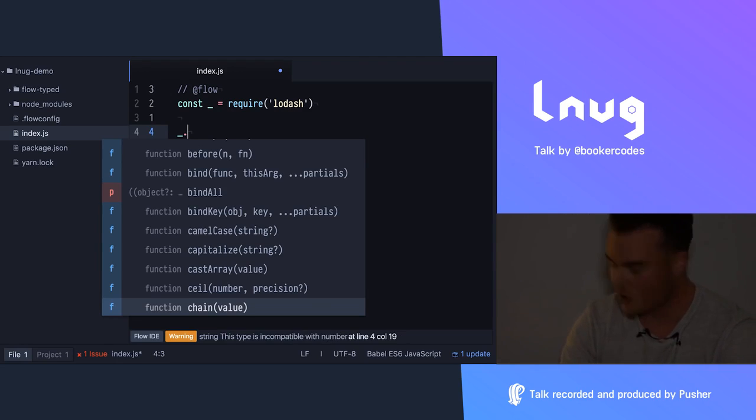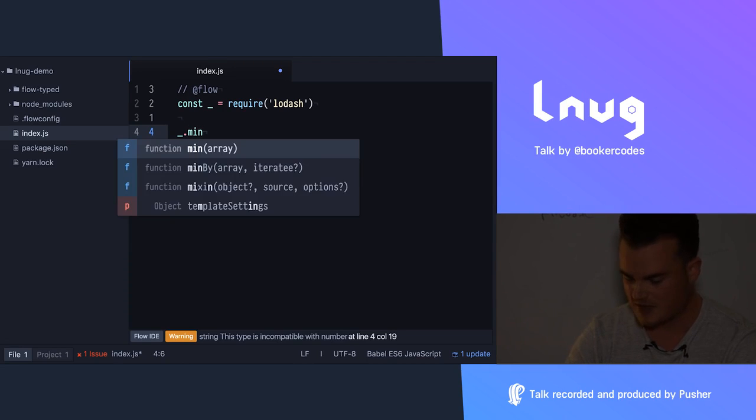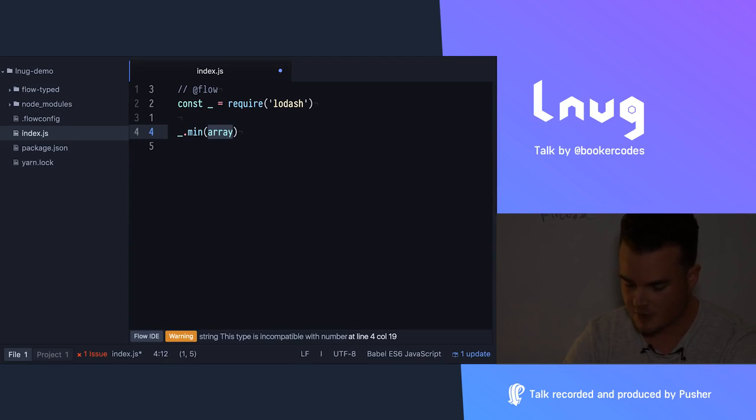And now I have that back in Flow, which is awesome. So for example, if I want to call the min function, which as you probably can infer returns the minimum value in an array, I can pass an array, and this will return the minimum value in the array. Now the reason why I do this is because there's something about Flow that kind of blows my mind